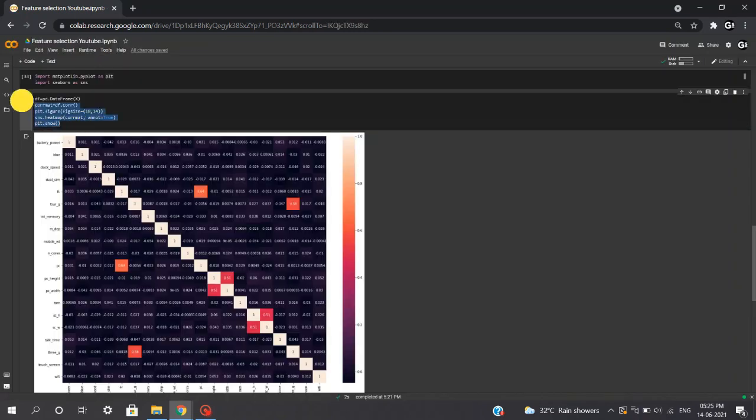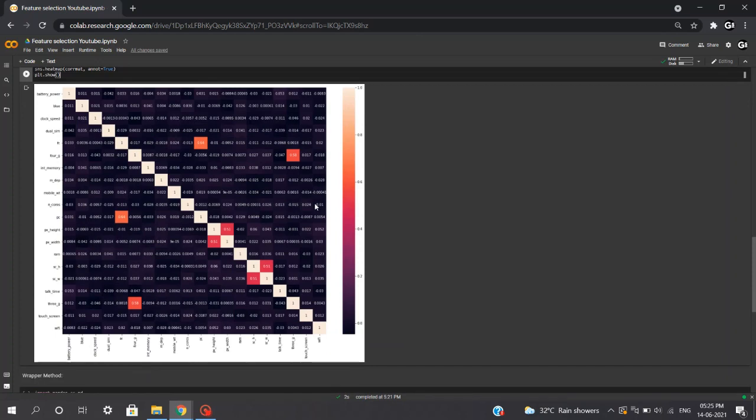After we execute this command, we can see that our heat map has been plotted. I have just zoomed out so as to see our heat map properly. Now we can see that our features 3G and 4G are related with each other, having a positive relation of 0.58, which is indeed a problem of multicollinearity. So it's better to drop either one feature. We can drop 3G or we can drop 4G.